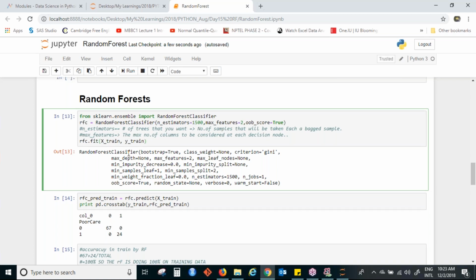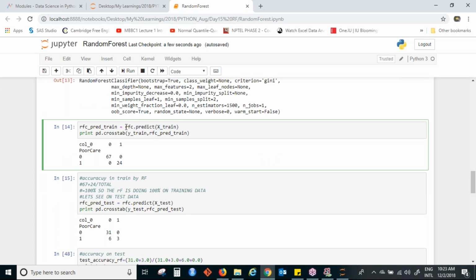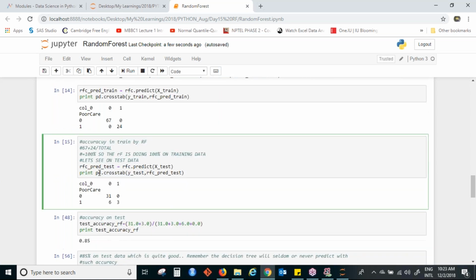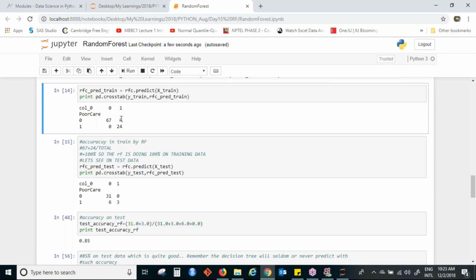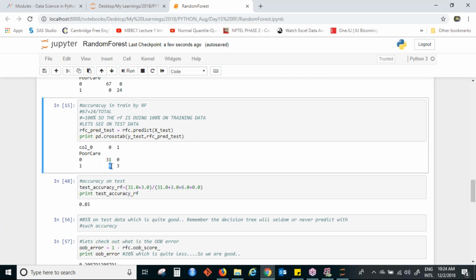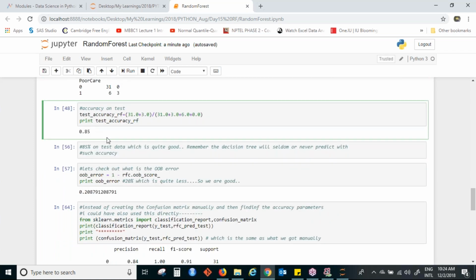Then you predict using the random forest. You predict in the same way, you pass your training data. I have predicted on the training data and this is my training data accuracy. Similarly, I can predict on the test data and calculate my test data accuracy. You can see my training data accuracy is 100%, error is 0. But I cannot just say that my model is very good looking at the training data accuracy because it might have overfit. So I'll also check the test data accuracy. Here you see I have a slightly small error. Six points I'm getting wrong. If you check the accuracy, it is 85%. My test accuracy is 85%.